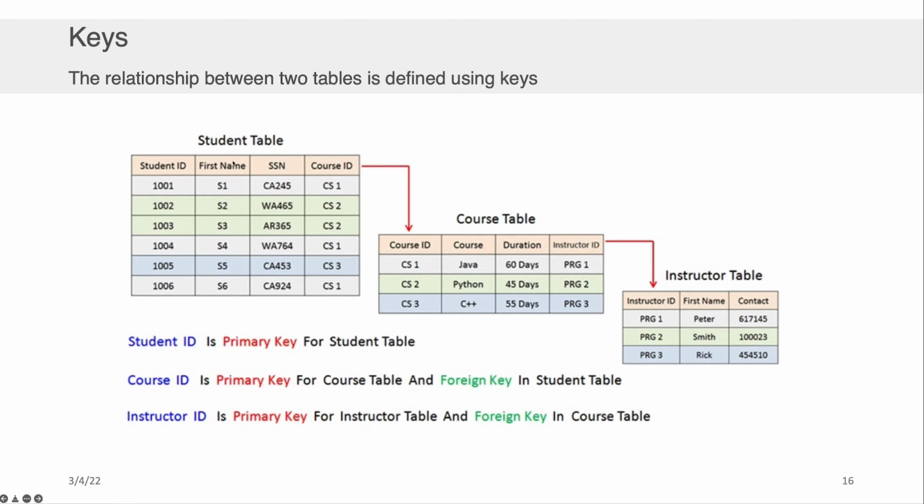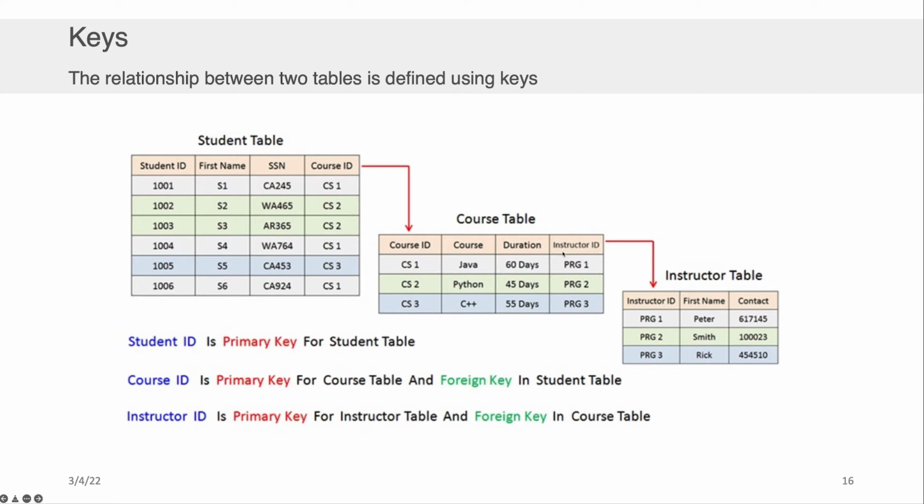The student table also contains a foreign key, which maps to the primary key of the course table. Okay. What's the dead giveaway that it's a foreign key? Well, notice that it's not unique. You have two CS2s, you have three CS1s, you have a CS3, and so on. In addition to the fact, of course, that this name is not the same as the name of the table. But notice that this maps to the three distinct values for CS1, CS2, and CS3 in the courses table,